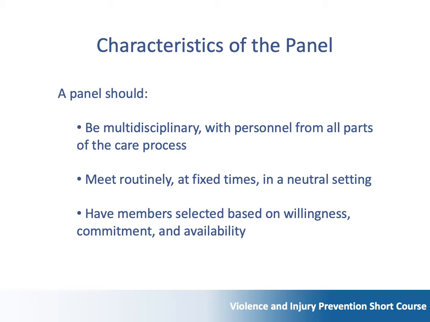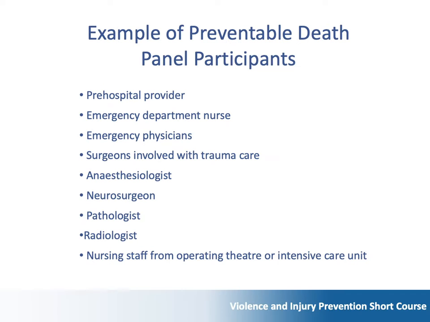With careful attention to the composition of the panel and appropriate preparation, preventable death panel reviews can achieve levels of agreement approximately 90% of the time. This slide shows examples of preventable death panel participants. They include pre-hospital providers, emergency department nurses, emergency physicians or general doctors involved with trauma patients in emergency department settings,